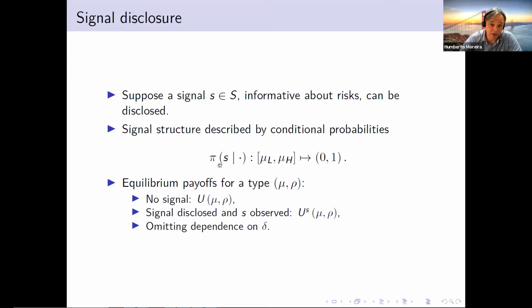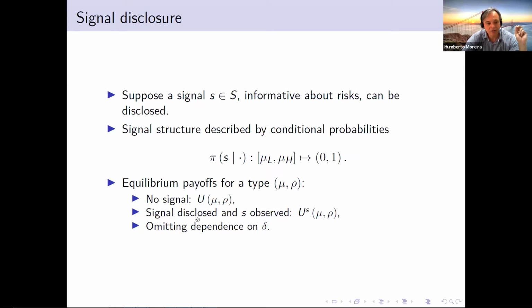So the signal structure is just a function that, for each S in this set, gives a distribution, the probability of some risk to show up. That's the function that describes the probability of a given mu, given that you see a signal S, right? So I'm going to denote each type in my model by mu and rho. U of mu and rho is going to represent the utility of the insurer. Since the insurance company has zero profit, the only action in terms of the welfare analysis is in this function here, U of mu and rho.